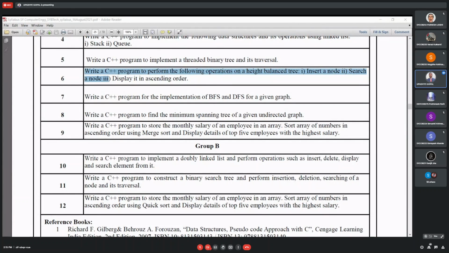Assignment number 11, we have not started. This is the last part of unit number 4, height balanced tree. So we'll not go into detail of this right now. After completion of this, we can go for it. This particular assignment we will cover after assignment number 11. Is that clear, everyone? Now in the background, you will continue with the assignment.